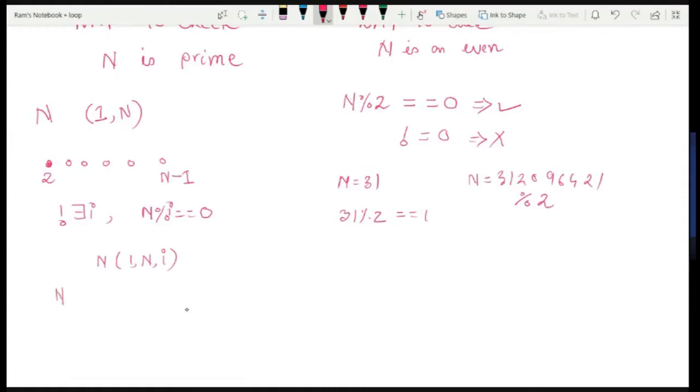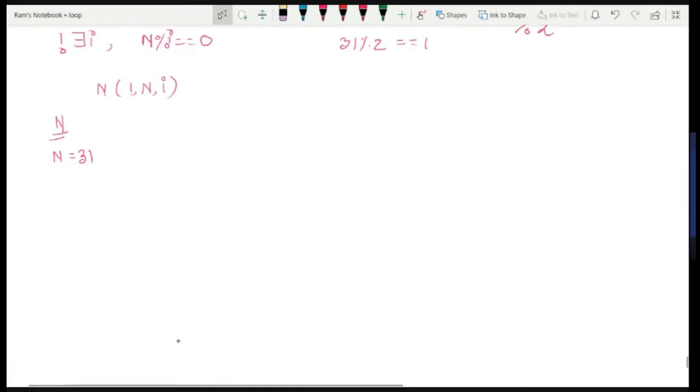the given number n. If n is small, say for example n is equal to 31, in that case our computing engine has to compute this range from 2 to 30. It has to check within this range if there exists a number that divides this n completely. However, if n is big, say for example if I write n is equal to